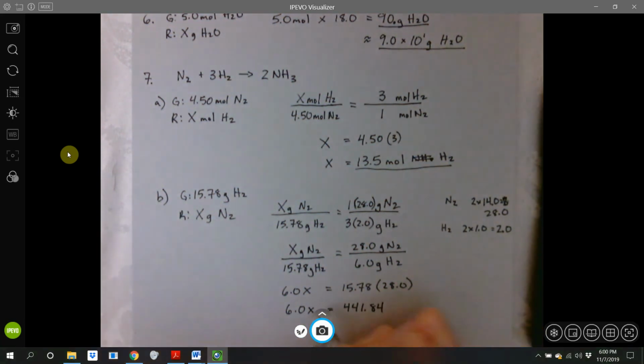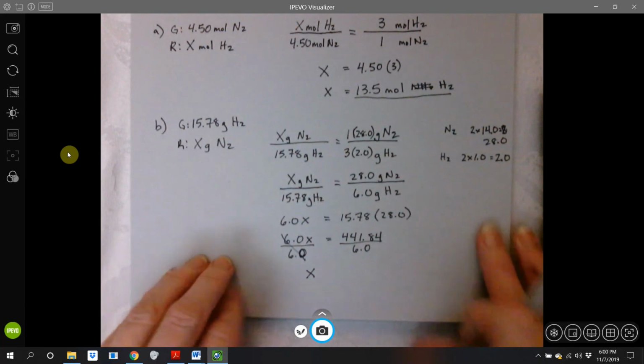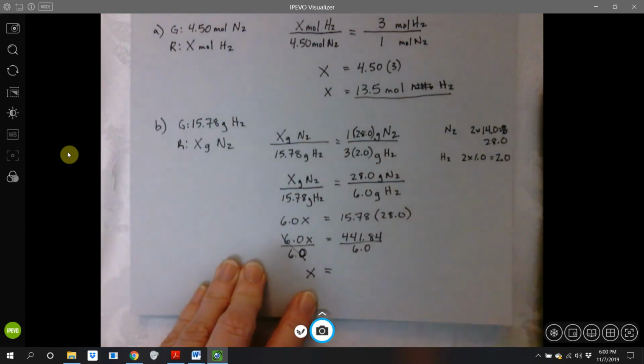So we'll divide now to get x all by itself. So divide both sides by 6.0. These cancel, and we're left with x equals